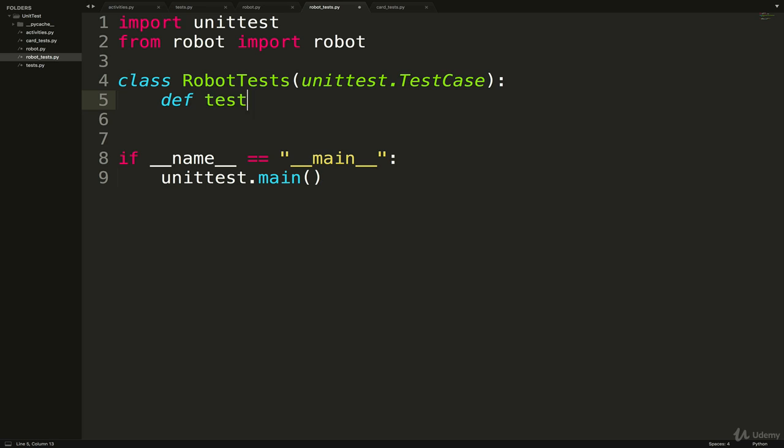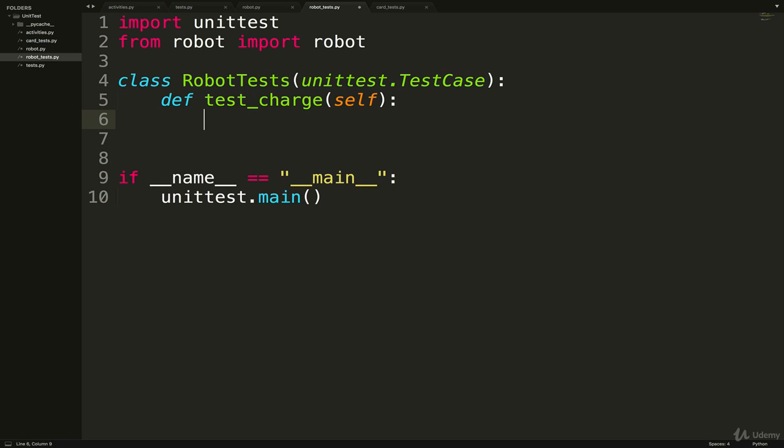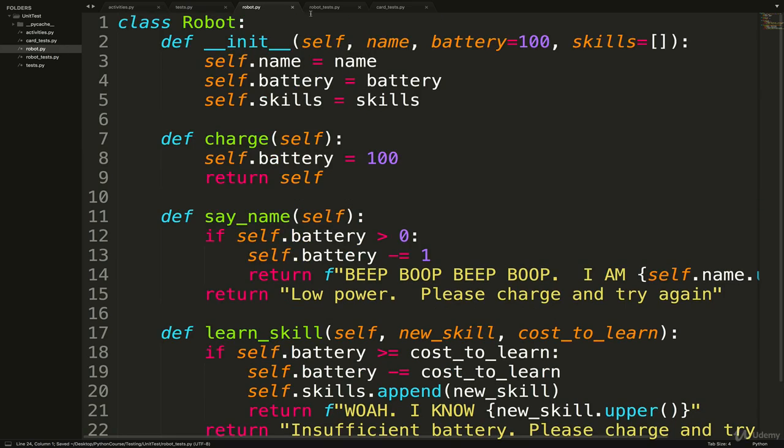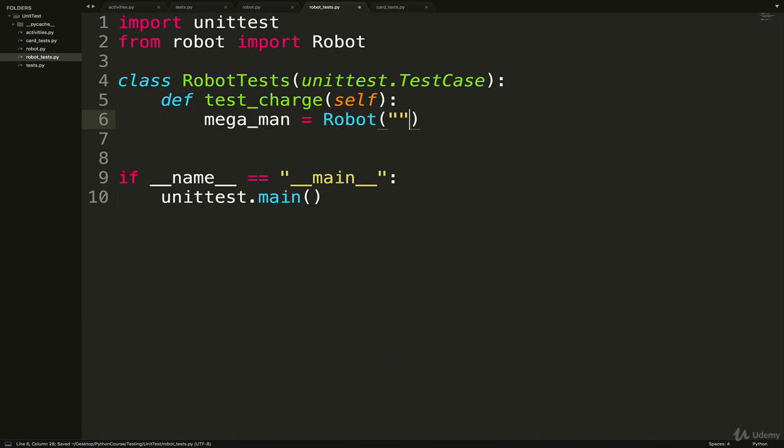So we do def test_charge. And to test that, we're going to need to make a new robot. So let's go with megaman = Robot. Oh, and I do need to capitalize this. That's the name of the class. Okay, so we'll just pass in name is Mega Man, and let's say battery is set to 50 at the beginning.